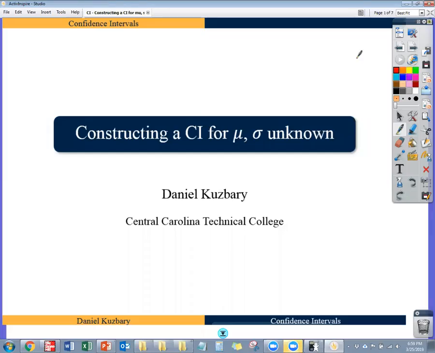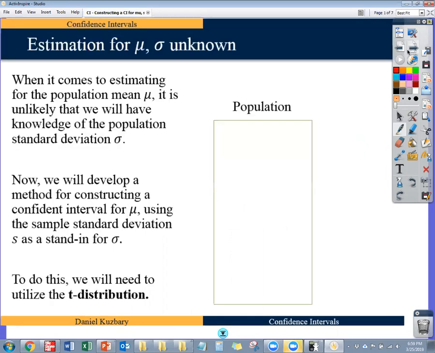This is Daniel Coosbury, and in this video we're going to look at how to construct a confidence interval for the population mean when you don't know what sigma is. So we're changing the situation a little bit from a previous video. I made one where you do know what sigma is, and this one we don't know what sigma is, and this is kind of a more realistic